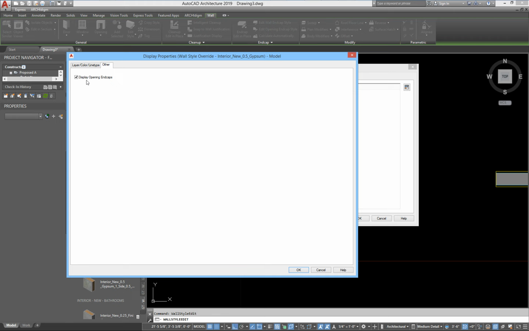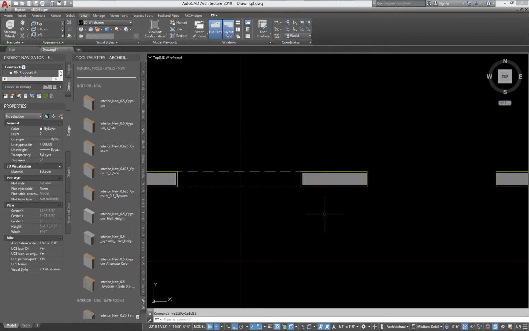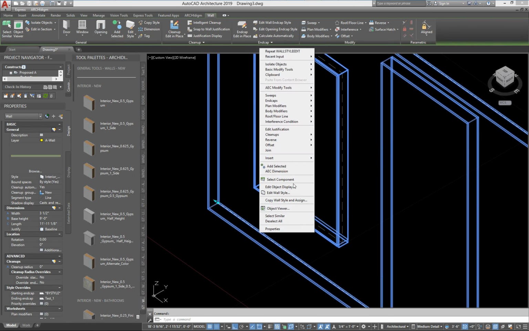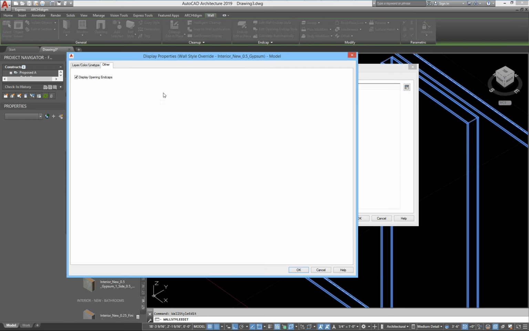You're rendering or you're just looking at it in 3D. You know you put your end caps on it, but you don't see them. Well, it's not always on by default, especially in older files. So make sure if you're not seeing your end caps in a 3D view like this, if I go in here and I go to model and I turn this off,